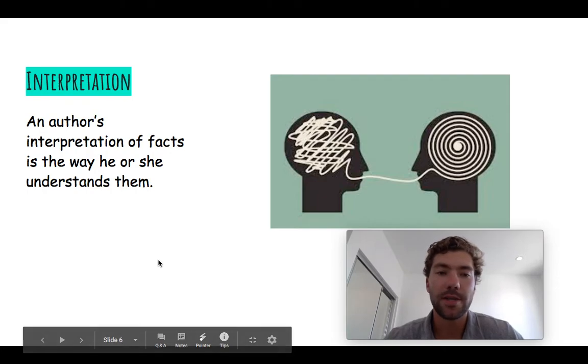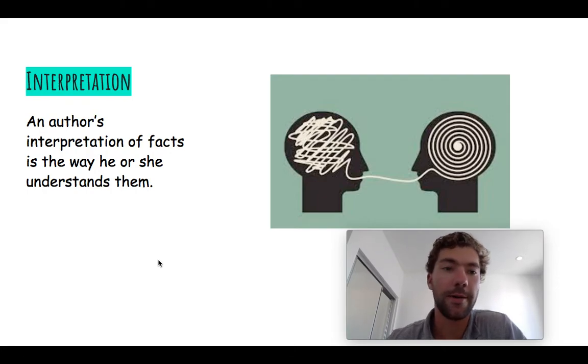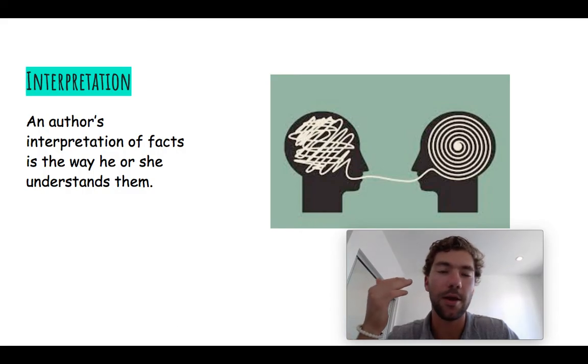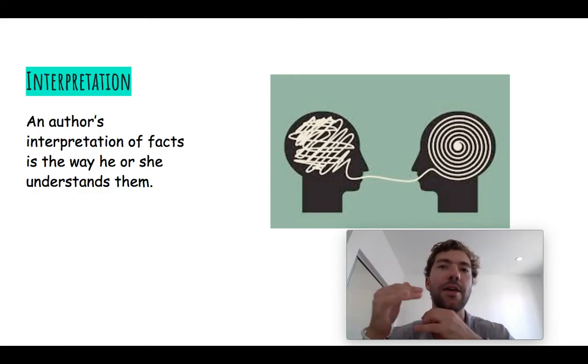The word interpretation, this is an important word, okay? An author's interpretation of facts is the way he or she understands them, okay? So if I'm writing something, I might understand it in a different way than, say, Mr. Anthony understands it, okay? And that's based off of me and my mindset, and sort of the way I think. Another way to think about interpretation is, say, maybe